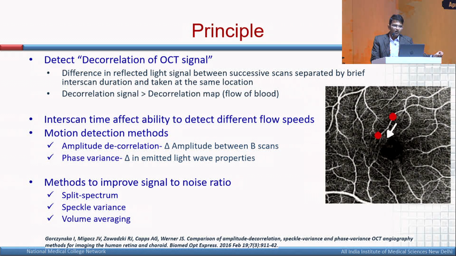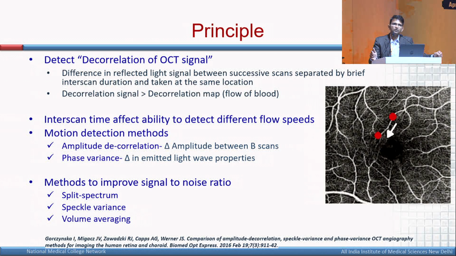Now, inter-scan time is very important in OCT angiography. You are taking successive B-scan images separated by a very short inter-scan time. If the blood flow is very rapid, the RBCs will move out of that B-scan image very quickly unless you have a very short inter-scan time. You need successive B-scan images to be taken while the RBC is moving from the first red dot to the second red dot, but the RBC should not move out of the B-scan image either. Otherwise, the flow will not be detected. So a very short inter-scan time is required for higher blood flows.